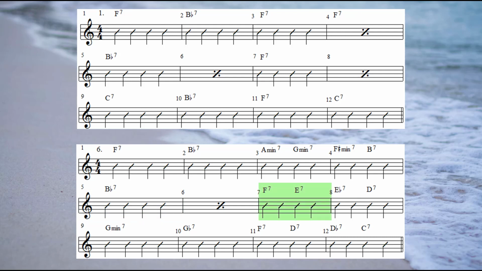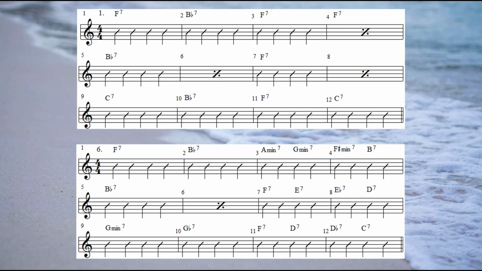Down to bar 5, and we have our B flat 7. Over to bar 7, and we have an F7. When we get to bar 9, we have a G minor 7, which we could be thinking of as a 2 chord in a 2-5 progression, the 5 being C7. Then over to bar 11, and we have F7. So essentially we've kept the structure, however there's quite a few substitutions there. And just before we play the blues, I'll go through the progression for you so you can see where the substitutions have come from. Since bars 1 and 2 are the same as our original chord progression, let's start at